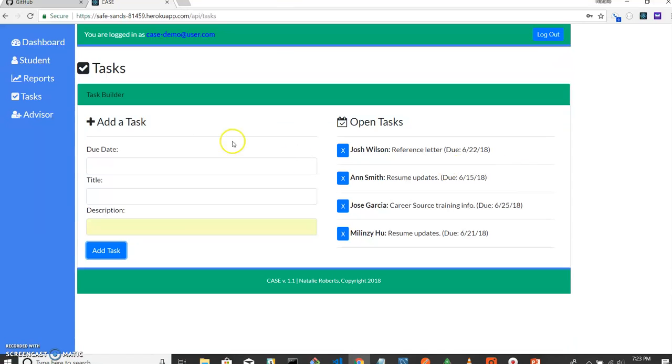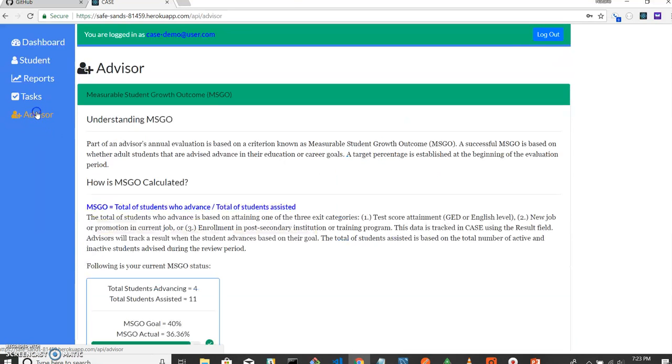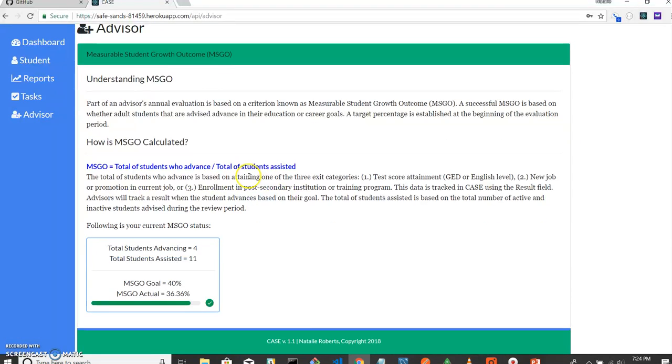And last but not least, the Advisor section. The advisor section really takes a different approach than the rest of the application and provides the advisor themselves with information about their progress and their growth. So we know educator evaluations have become increasingly complex in recent years, and CASE does a really nice job of just providing a simple layout and a view for the advisor to quickly come and see what their progress is